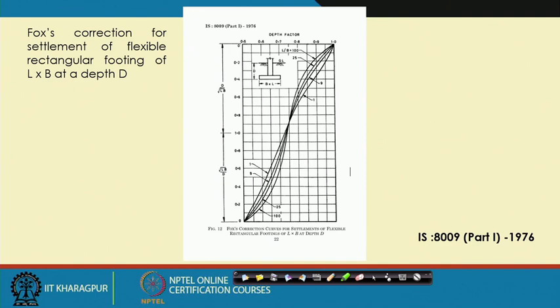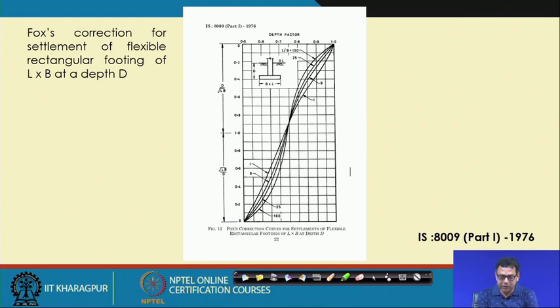I have explained these things in previous lectures also, so again I am explaining. This is the chart I am using. The upper portion of this chart is applicable for shallow foundations, and the lower portion of the chart will be used for deep foundation settlement calculation. You can see d over root of L b, and this is root of L b over d. In a few books you may find this as L b root over d, which is not correct. This is the correct form that you have to use, because it is a non-dimensional form. That is why we have to use this chart.